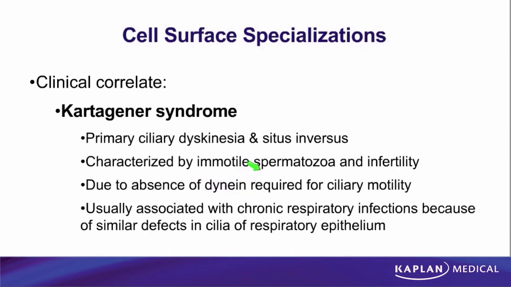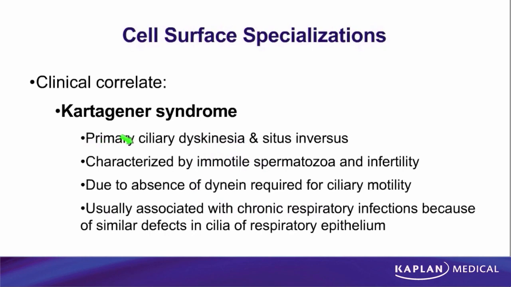And therefore you would expect a male with that disease to be infertile, because his sperm will not be motile, and because the ability to move the mucus up along the airway is going to be impaired. You'd expect that person is going to have chronic respiratory infections. And that's in fact true with